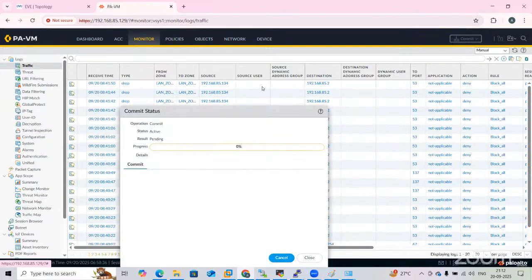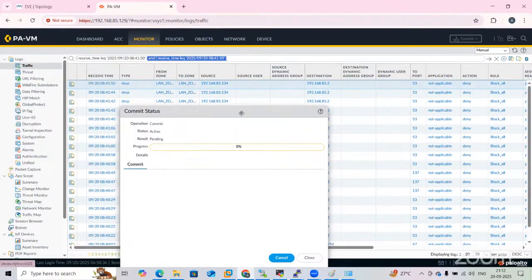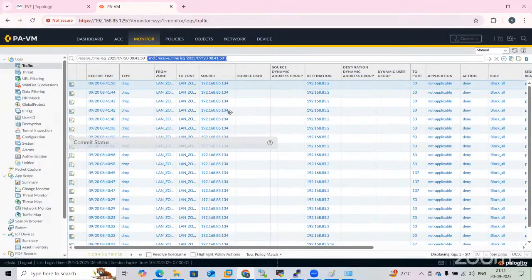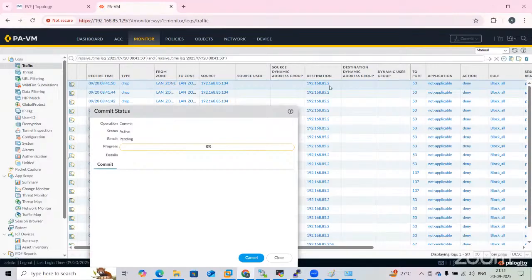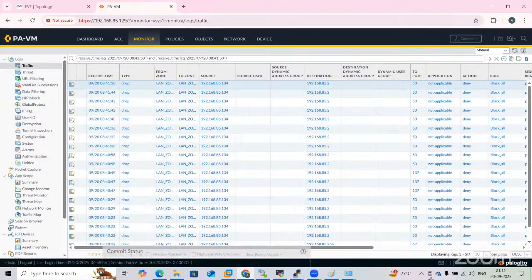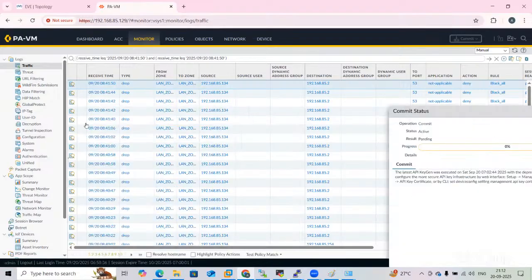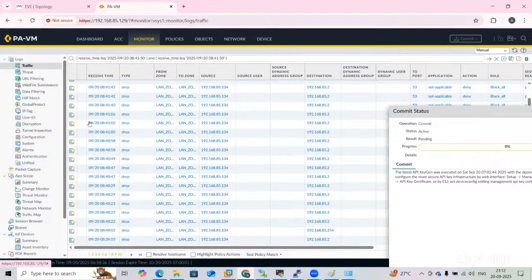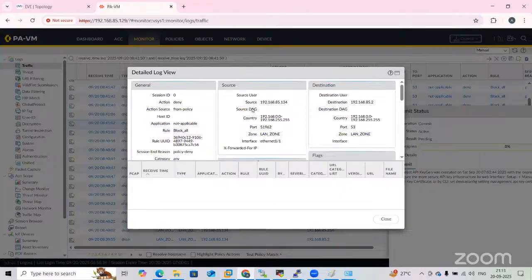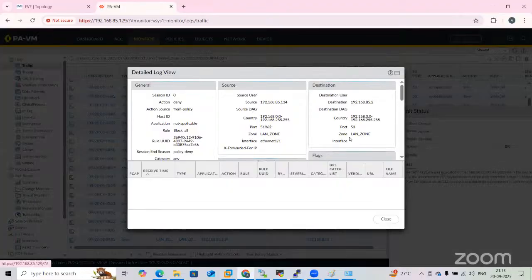See, this is LAN zone. This is the LAN zone. This is the destination IP address. And this is not about deny and a block all. Okay, like this you can use in the real time scenarios. This is the logs. Firewall logs means this is the firewall logs. Okay, open firewall logs and you can verify there. See LAN zone port number 53. Okay,